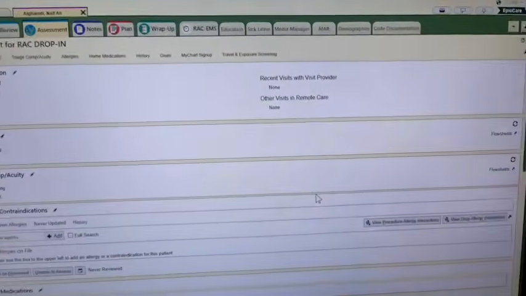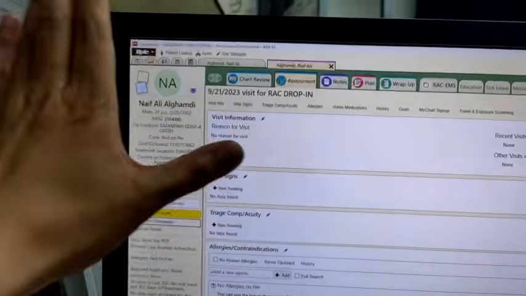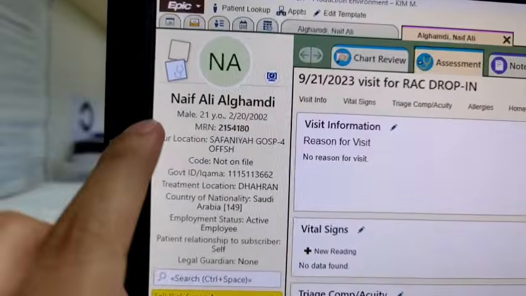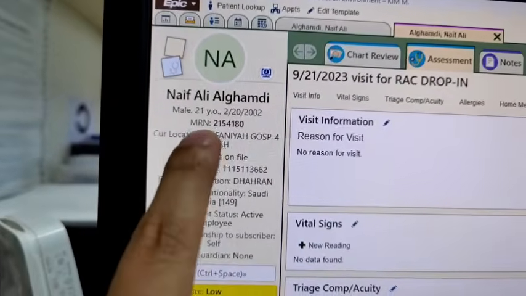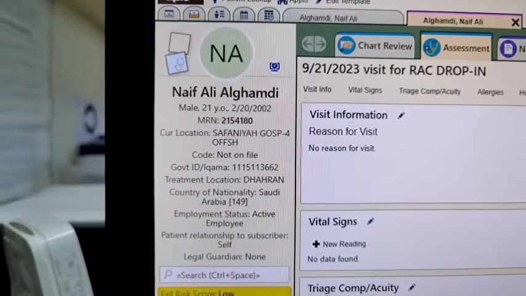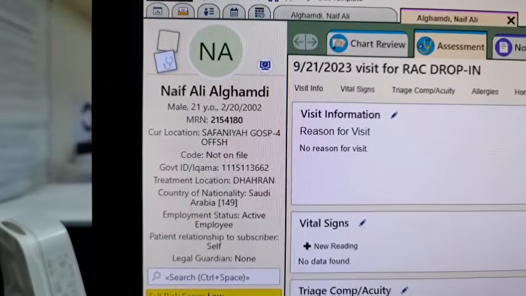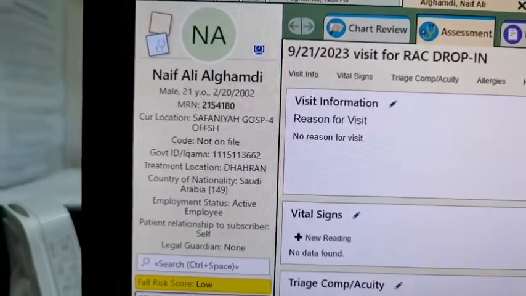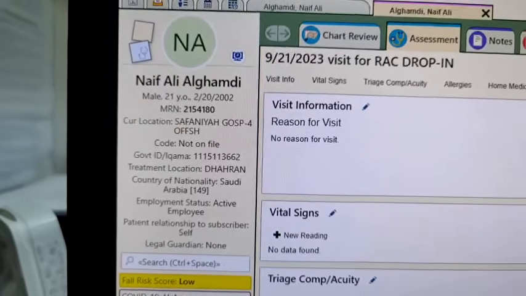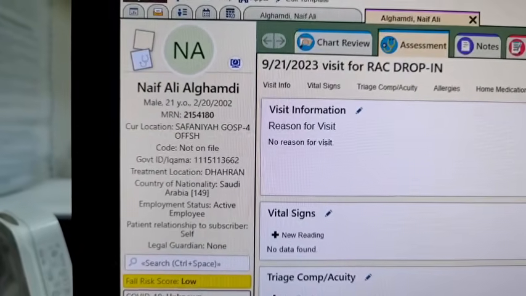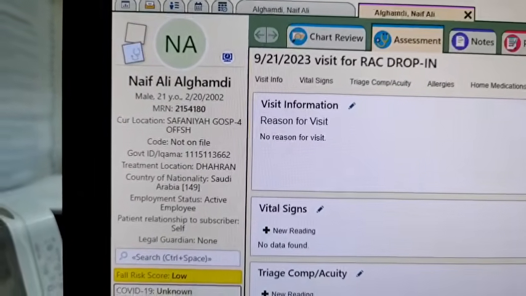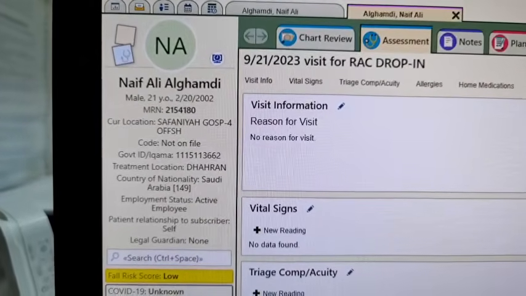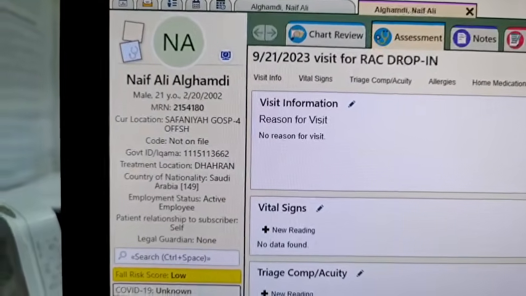So this is the patient's identification. The important thing you need to know here is the MR number. This is the unique patient record. If you type his badge number, his family members will also appear, but they have different MR numbers, or medical record numbers.